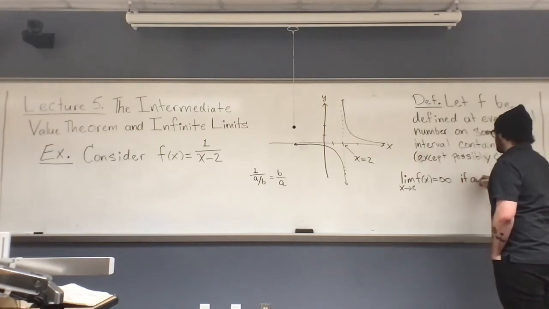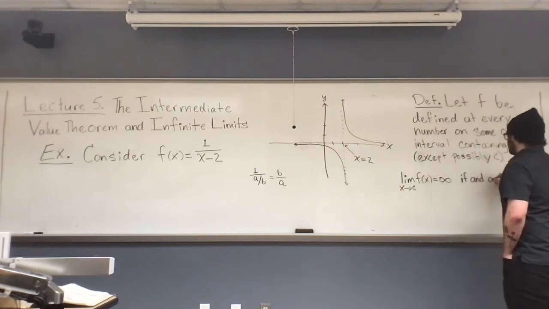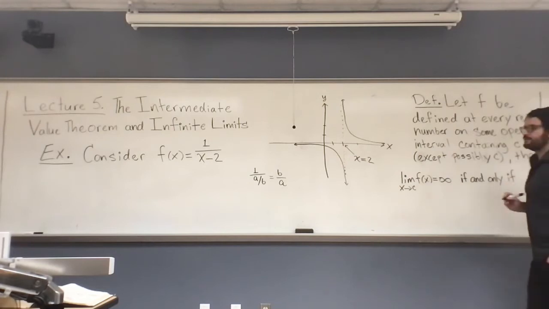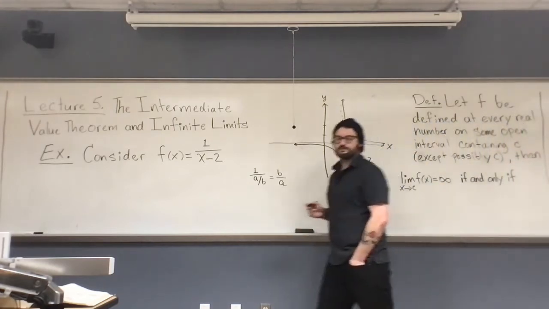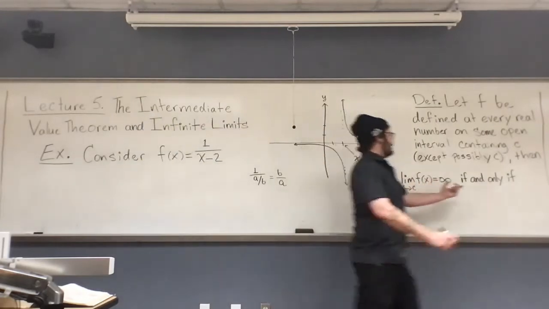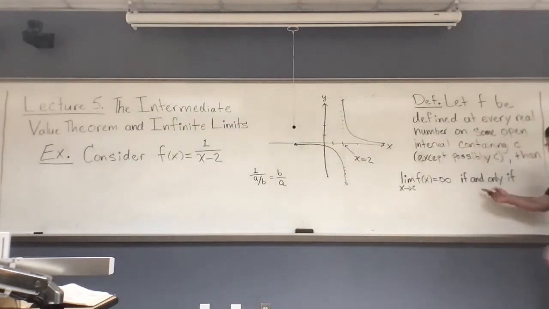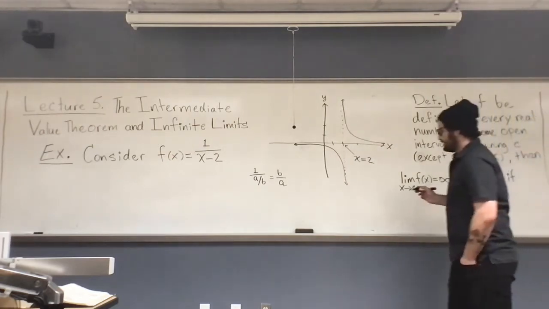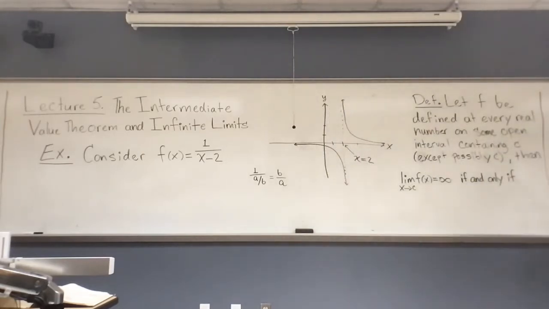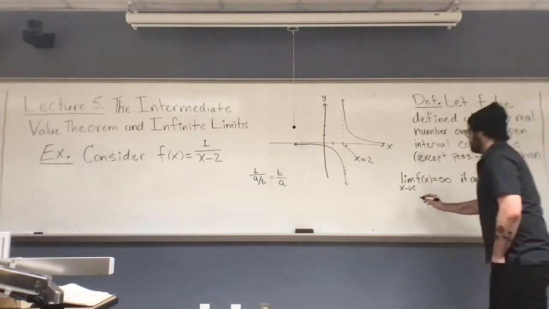If and only if, and if you recall from a previous lecture, if and only if is the logical version of equivalence. So whatever I write here precedes the statement, whatever I write after it is equivalent to that. Okay, so we write that that's infinity if